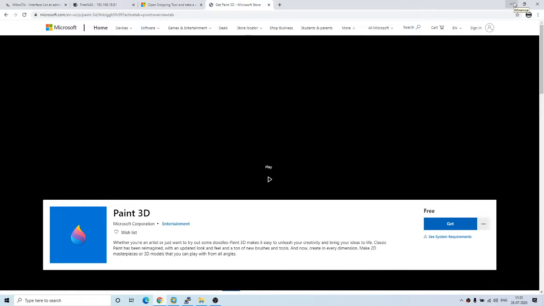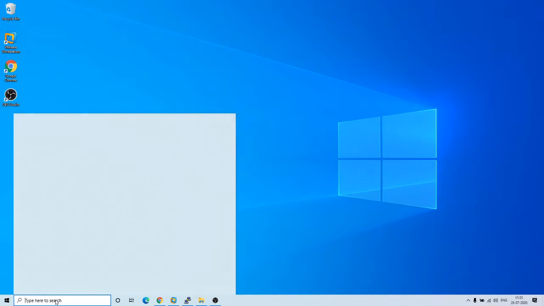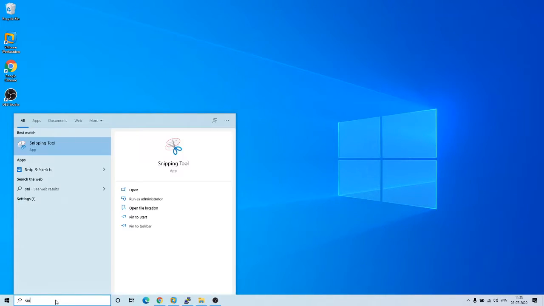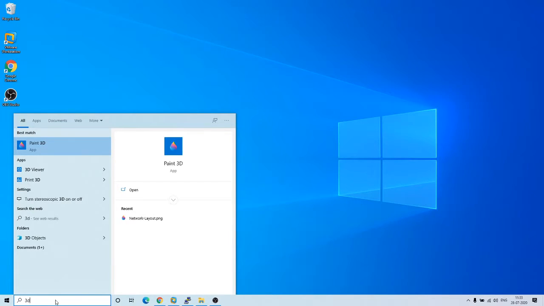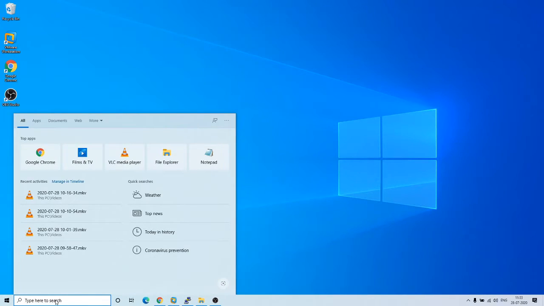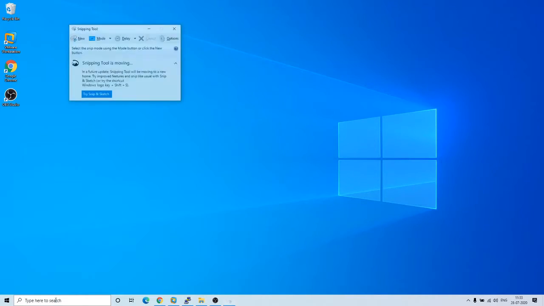You can launch the Snipping Tool and Paint 3D from the Windows search right here. For launching the Snipping Tool, you just need to type snip, and for Paint 3D, you just need to type 3D. Getting into more detail, if I'm going to the Snipping Tool, this is a simple tool actually